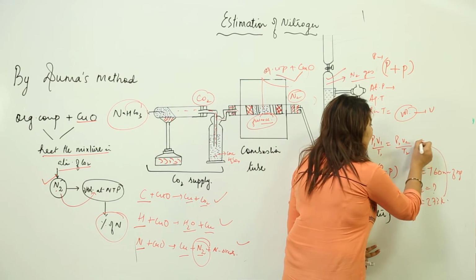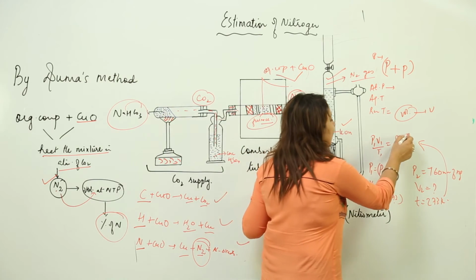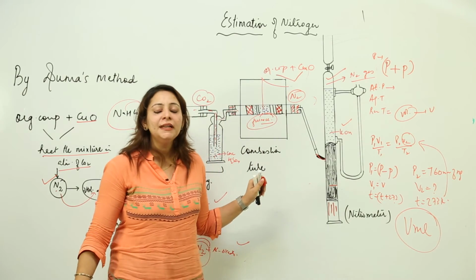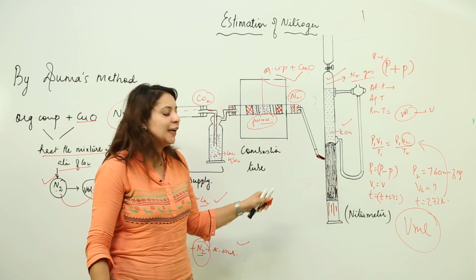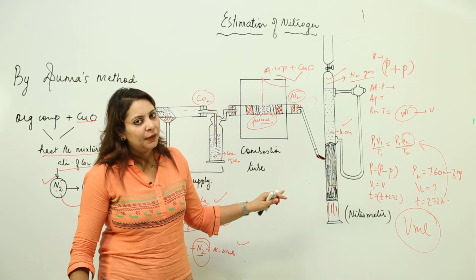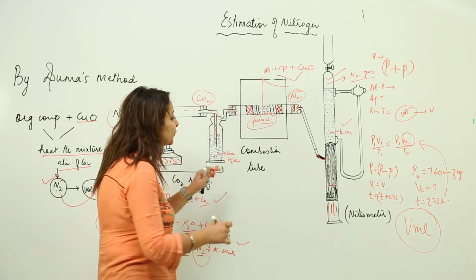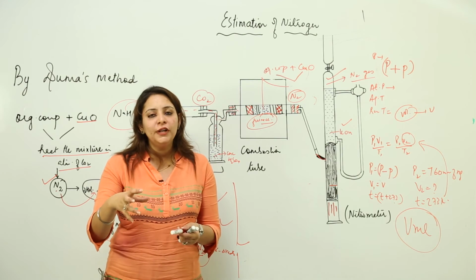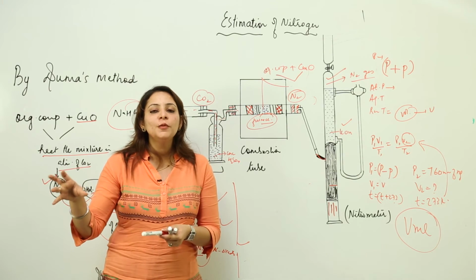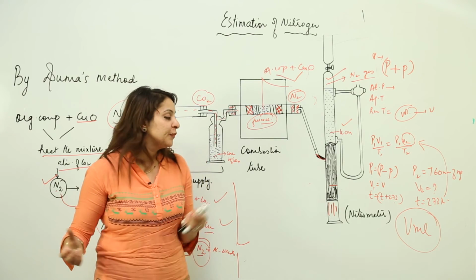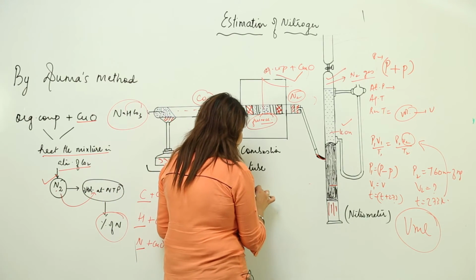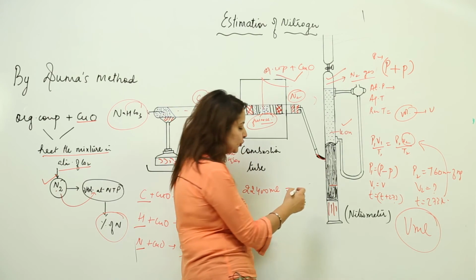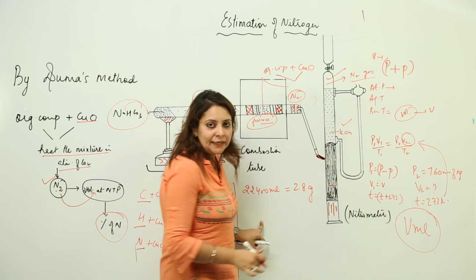When I put all these things into this formula, I get my V2. Let's say my V2 obtained is V mL, that means the volume occupied by the nitrogen gas at NTP comes out to be V mL. Now we need to find the mass. How will we do that? From Avogadro's law we know that 22.4 liters volume is occupied by how much gas? It is equal to the molecular mass of the gas, right. Same here, if we talk in mL, 22400 mL is occupied by how many grams of nitrogen? Obviously equal to the molecular mass, that is 28 grams.